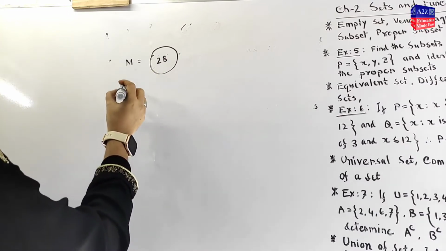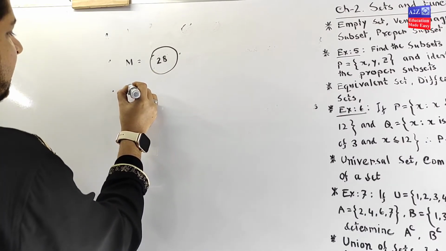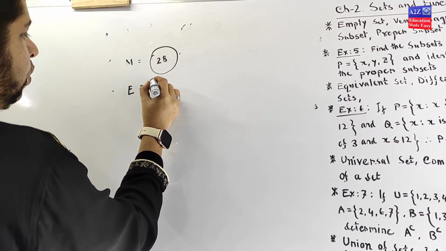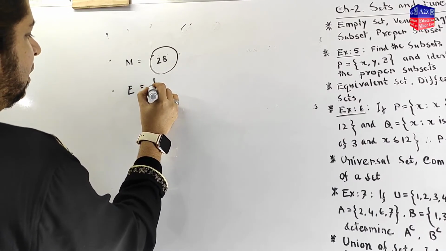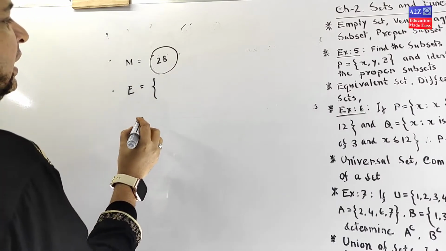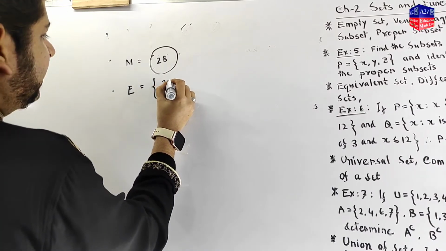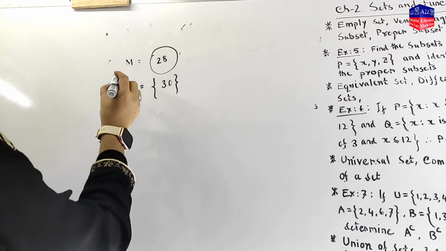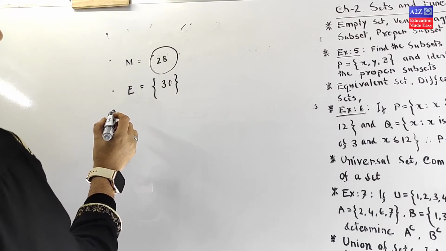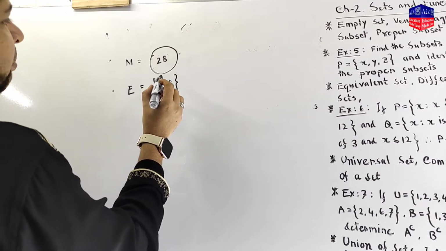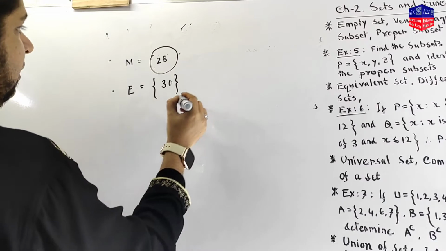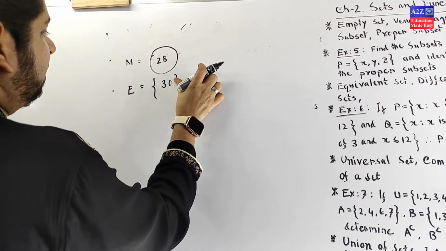Okay, and E is a set which basically denotes the number of students, those who have taken English courses. 30 students have taken English courses for this semester, and M is the set of the students those who have taken mathematics course. Okay, and if I denote these with a circle,